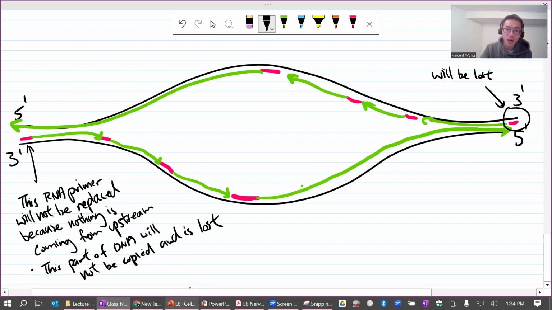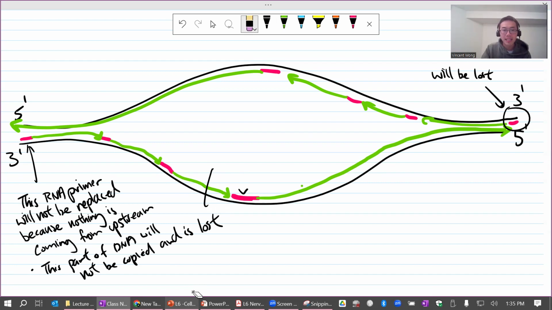Okay, so I want to ask you then. You understand this red part is RNA, yes? The red part is RNA, right? Yes. Okay, and it's going to become DNA, right? Yes. Why is that? Because there is a polymerase that's going to be coming, and then polymerase 1 will get on